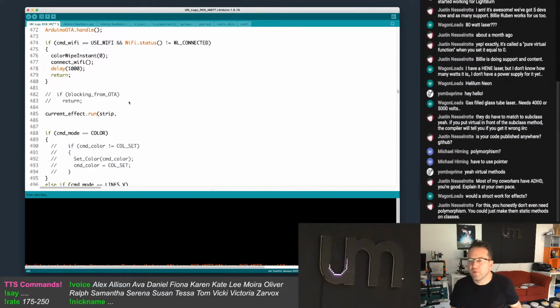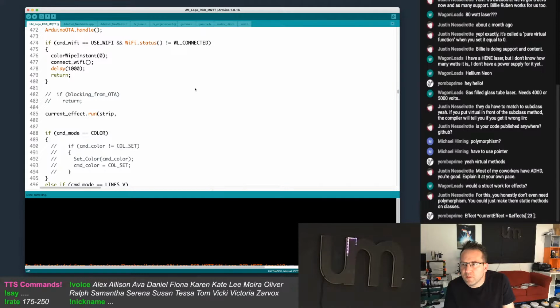A struct will not work for effects, no. Not for what we're doing here. You honestly don't even need polymorphism, you could just make them static methods.